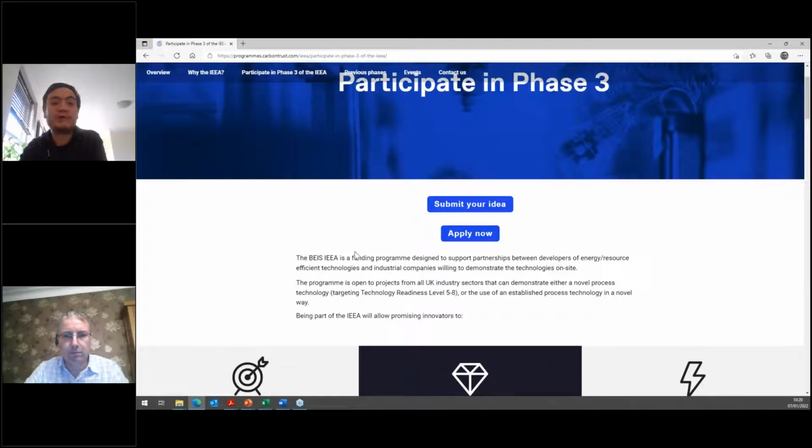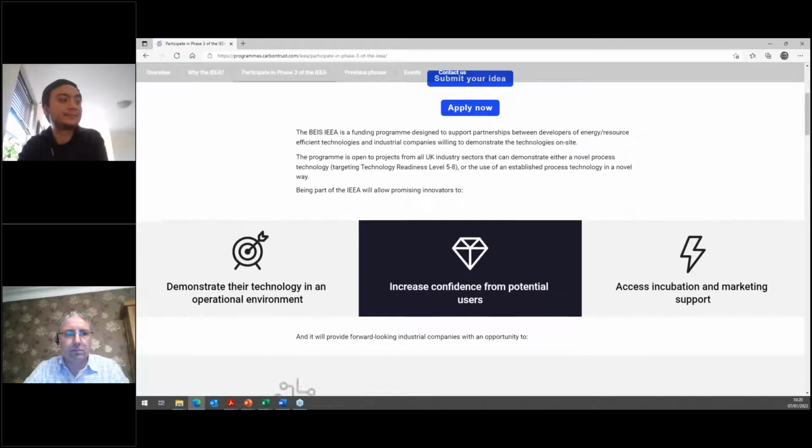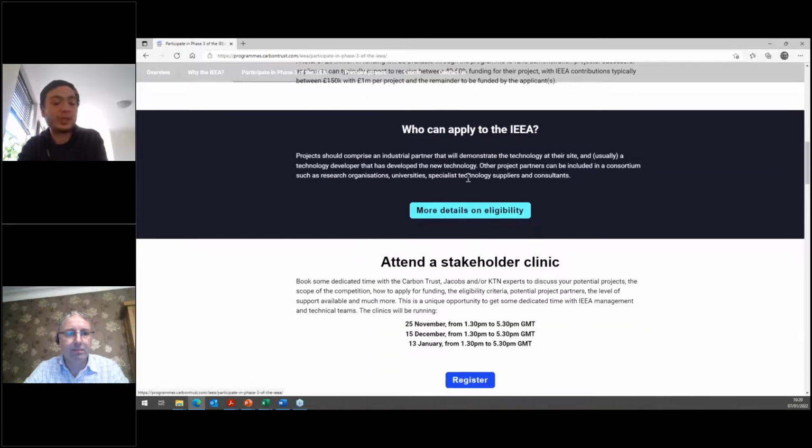As I mentioned before, the first step to an application, we would encourage you to submit your idea before moving straight on to the application process. So please do consider doing that as part of the process. A bit further down the page, we've got some background information on eligibility, which again, we encourage you to read. This is a brief summary of the more detailed information included in the guidance note. So a good place to start if you're unsure whether your project is eligible before moving into the detail of